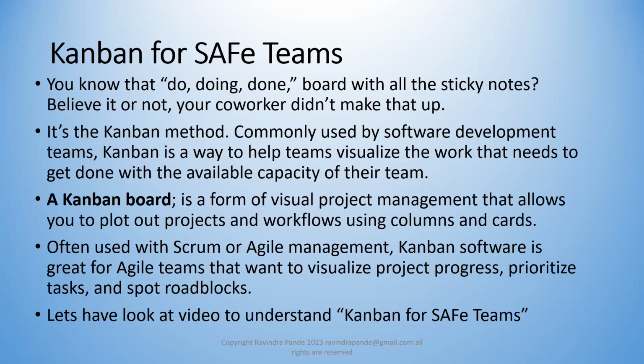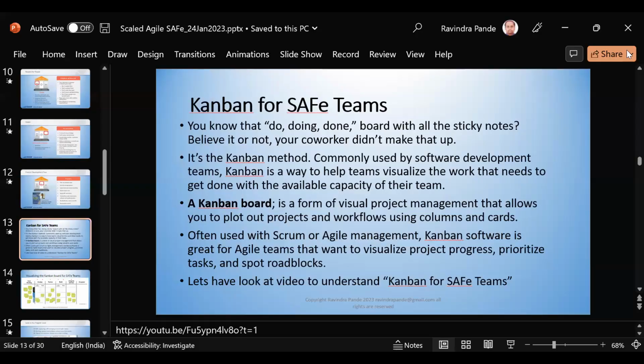And we have the rightmost swim lane where we have whatever we have achieved today or yesterday. So that's a kind of closed item, often used with Scrum or Agile management. Kanban software is great for agile teams that want to visualize project progress, reprioritize tasks, activities, work items, and spot the roadblocks, spot the obstacles, and so on and so forth. Let me play this small video for you where we'll try to understand how this Kanban